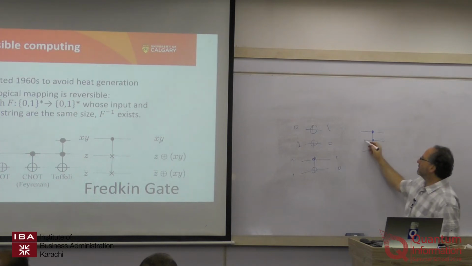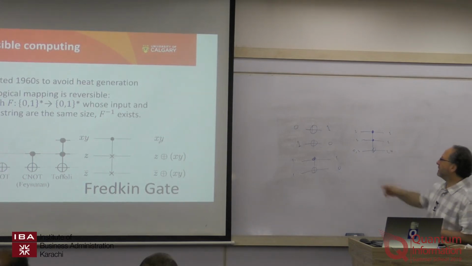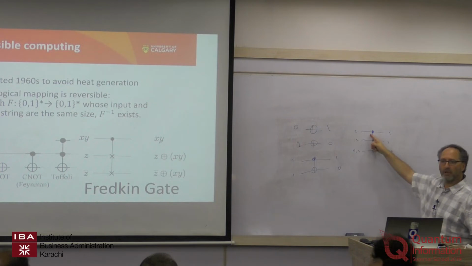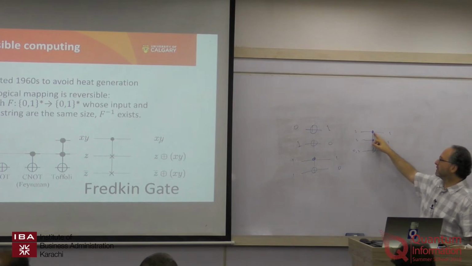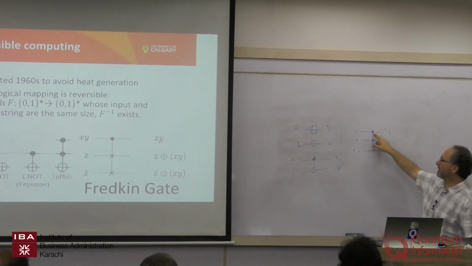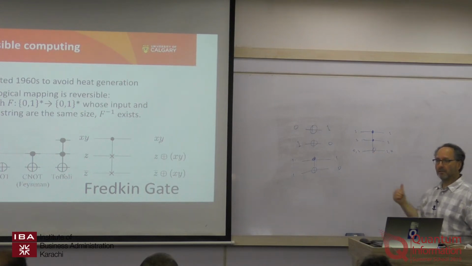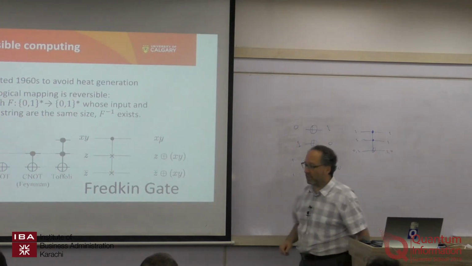So it turns out that if we have 1, 1, and then we take 0 or 1, we get 1, 1, 1 or 0. So the effect, if they're both 1, then they execute the NOT gate. But if either one is a 0, then we don't execute it. Okay, so it says control, control. So only if that's 1 and that's 1 does it execute that gate. Clear? So that's known as the Toffoli gate, and that emerged out of